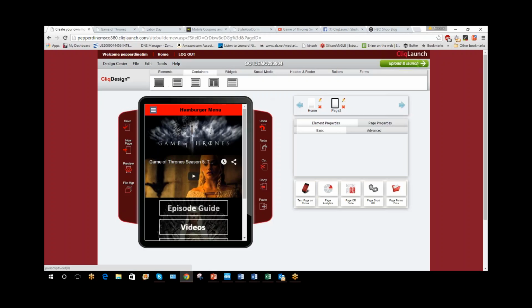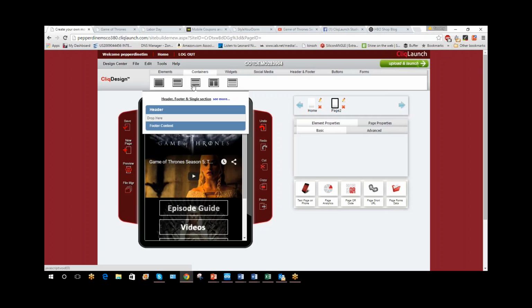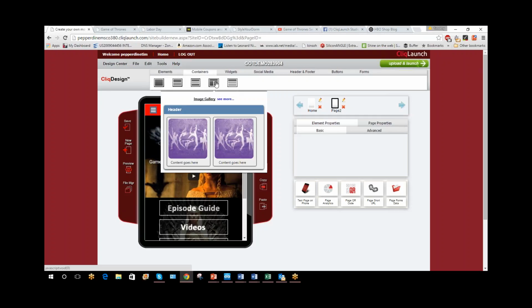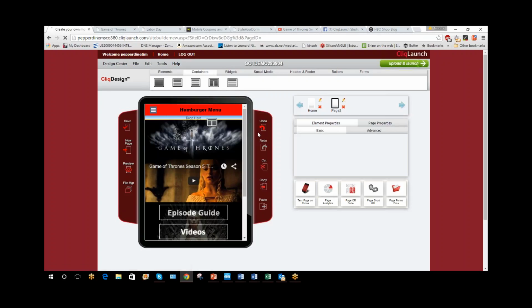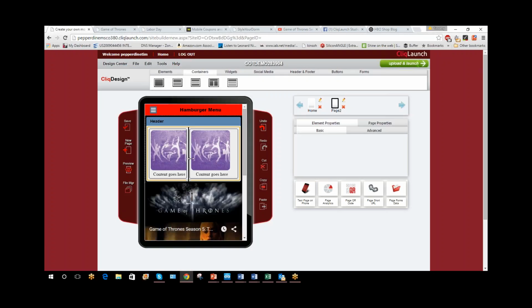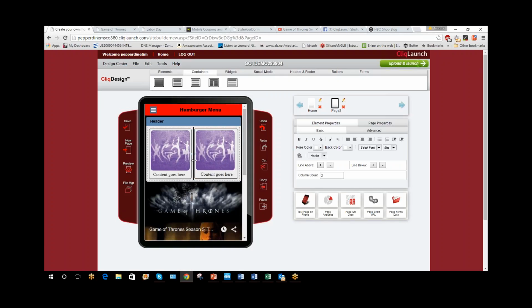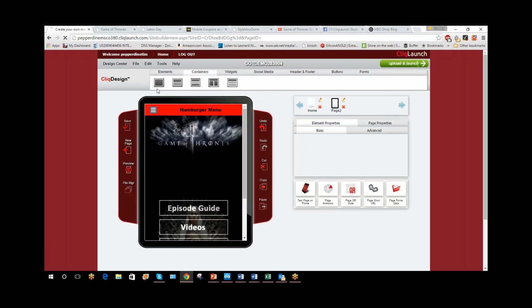So moving forward, we also have these containers, which are preset templates that you can use to customize your pages a little bit. Here you can see it's an image gallery. You can pull this in, and it makes it easier to just fill in the blanks. And you can also do, say if I got rid of this one, there's just